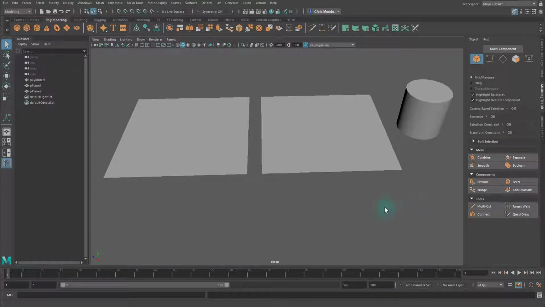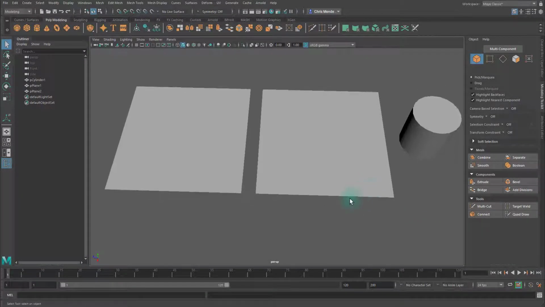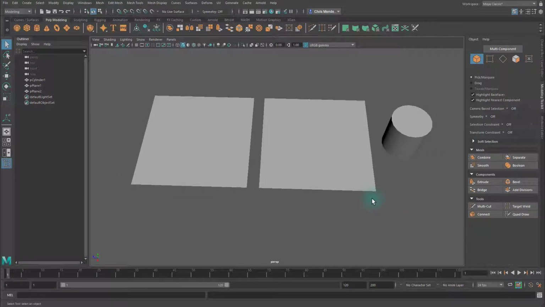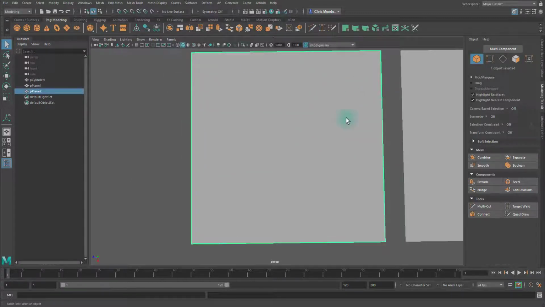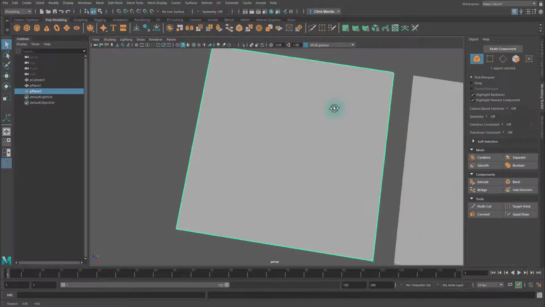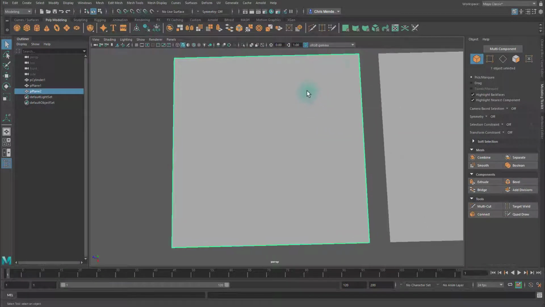Chris here. I want to talk about topology. Topology refers to the edge flow of the model and the cleanliness of the model and how it is put together. If I look at this plane here, it consists of one polygon, and this polygon has four